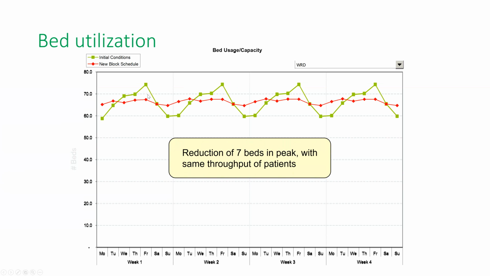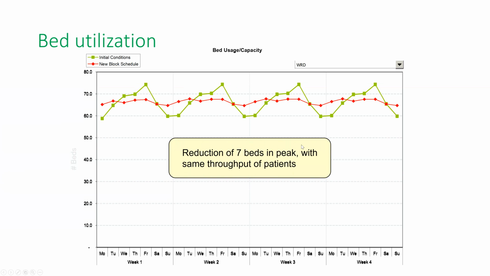So instead of staffing for 75 beds, now we could schedule for 68 beds. That's a huge savings, because each bed is associated with a number of nurses and doctors 24/7. It really affects the bottom line of a hospital. So the model will be able to achieve the same throughput with fewer resources by just putting the blocks